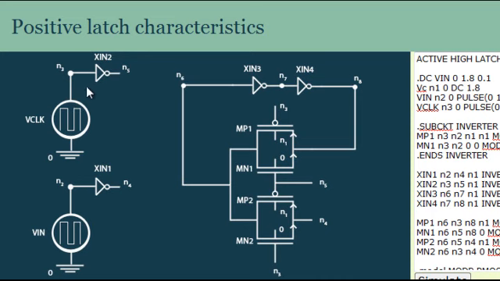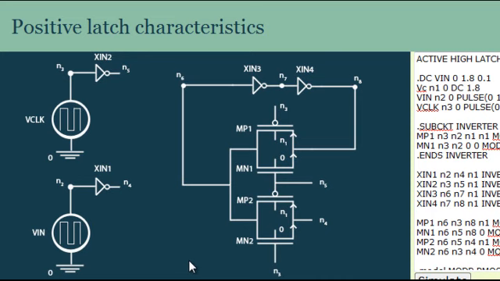During the negative level of the clock signal, that is when the clock signal is at a low state, the top transmission gate will be in the on state and the bottom will be in the off state. Therefore, no input comes to the output. Instead, whatever was the output is fed back again, as in the case of a flip-flop circuit. This enables the latch to hold its previous state during the negative level of the clock signal, and it follows the input during the positive level of the clock signal.